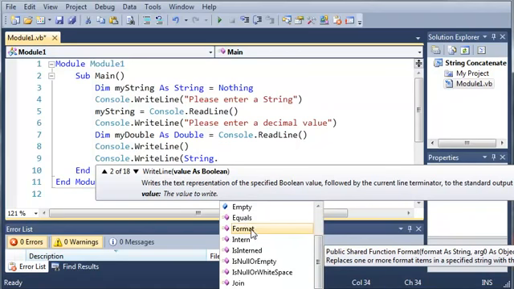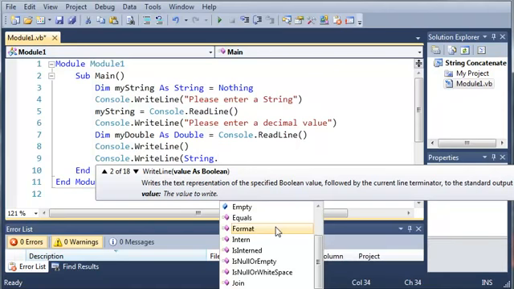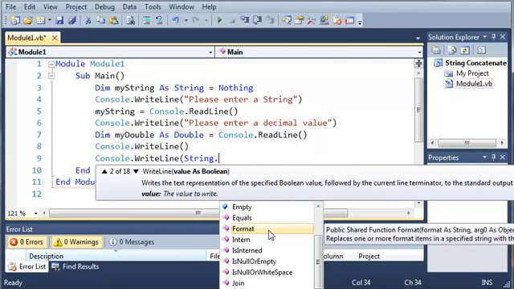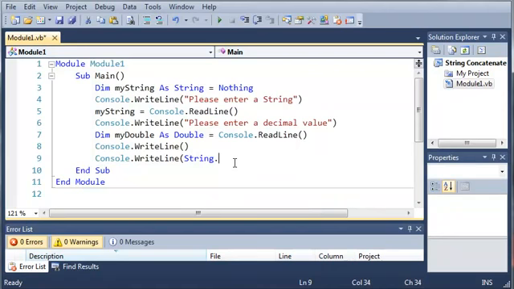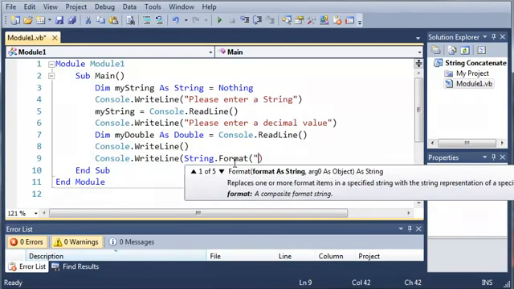So here's the Format one that we want to use, and it says replaces one or more format items in a specified string with a string representation of a specified object. Now that may be a little confusing to you. You don't really have to pay attention to that description right now. Let's go ahead and type Format, and we're going to have some arguments for this. The first argument is going to be enclosed in quotes, and this is what we use to tell Visual Basic how to format our string. So we'll just start with a {0:n2